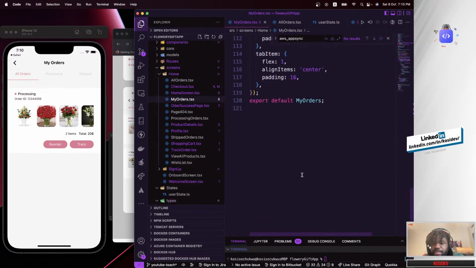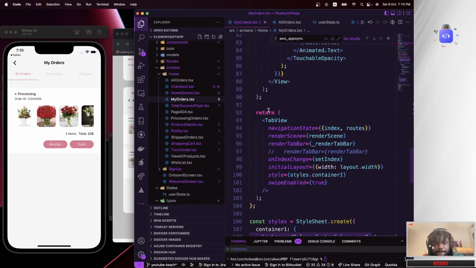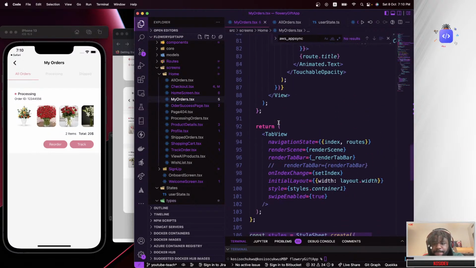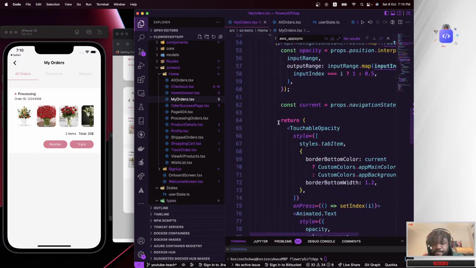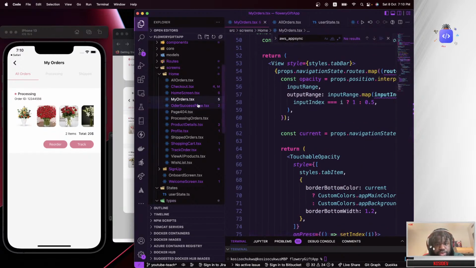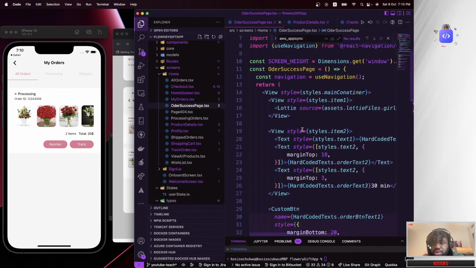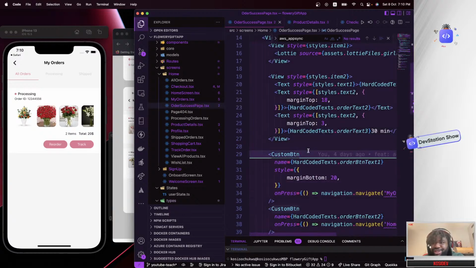My order. So I have an order success page. I'm trying to figure out what I call this page again.